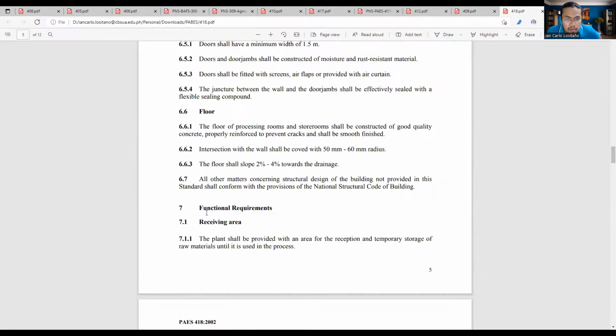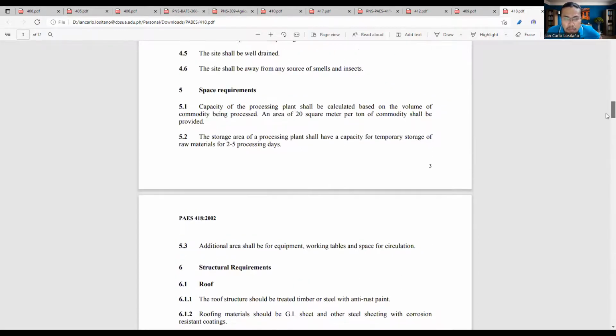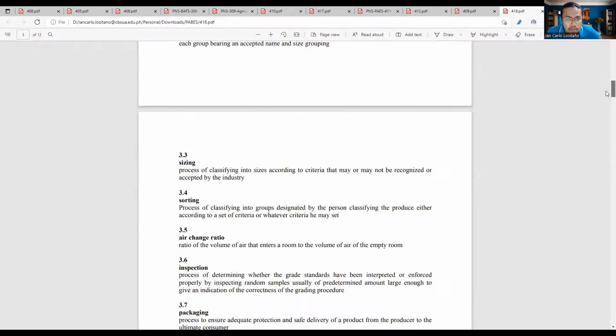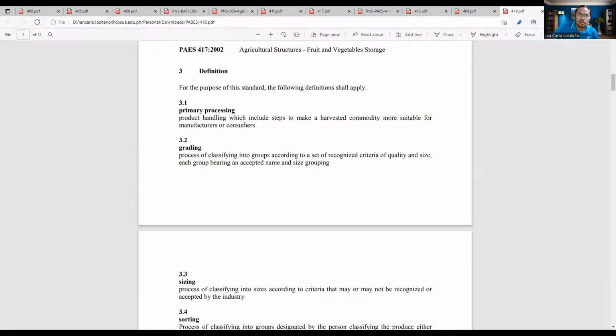We'll talk later about the functional areas of the building. Let's first go to the terms. Because this is primary processing, there's handling of the commodity and processing into another product,